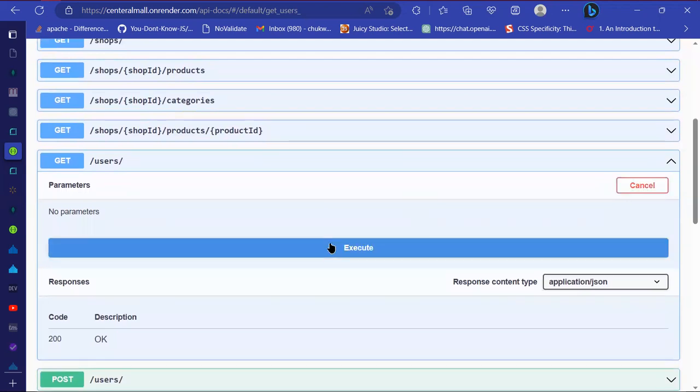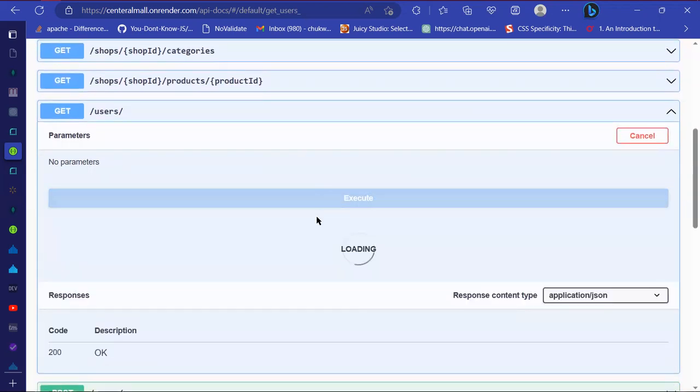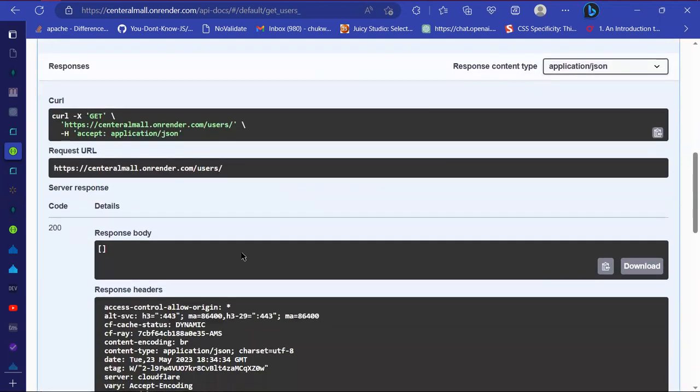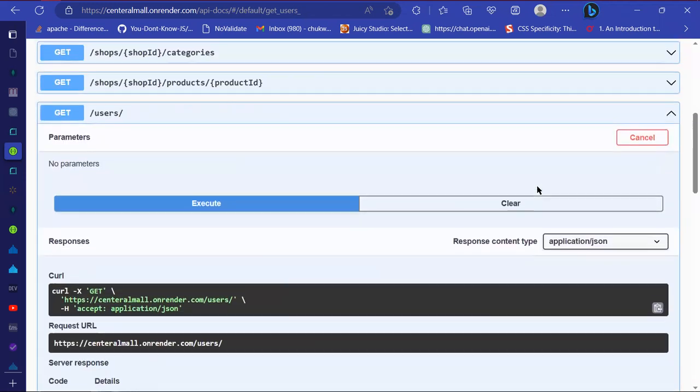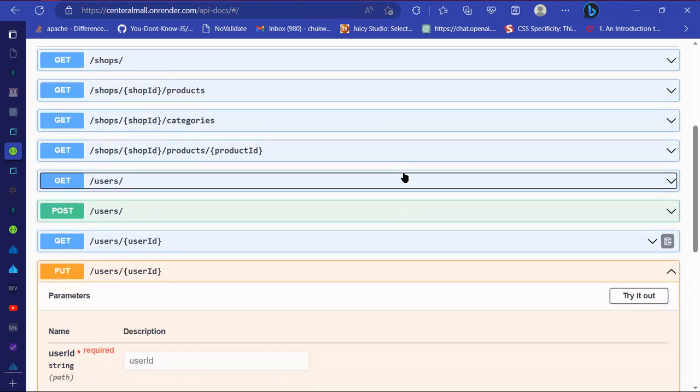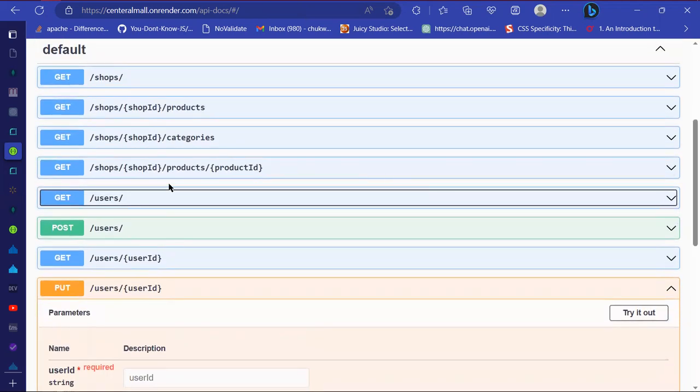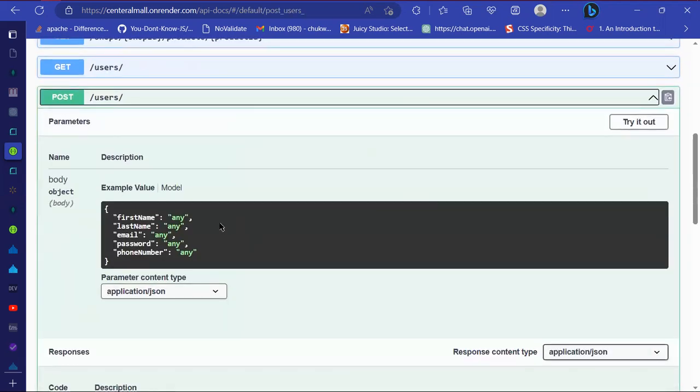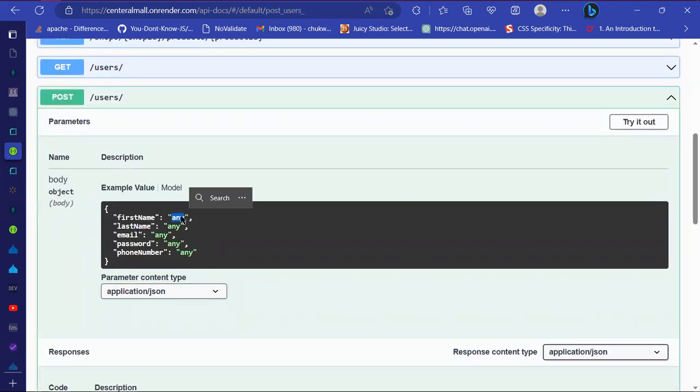So first, I'm going to get all the users I have currently. Right now, I do not have a user in my database. I've deleted all the users while testing. So I'm going to quickly create a user using the post route. And so I'm going to create a user with the name